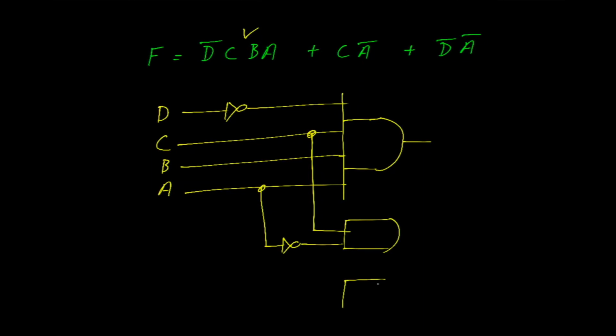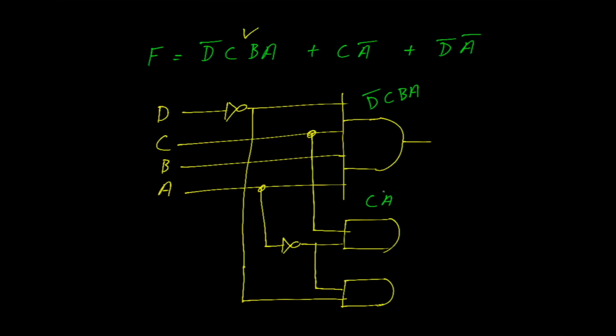One more AND gate. This time we need D naught, which comes from here. So there's D naught. And we need A naught. So this is D naught C B A. This is C A naught. And this is D naught A naught. And we OR them all together to determine F. One of the things you might be asked to do is solve this circuit for a particular